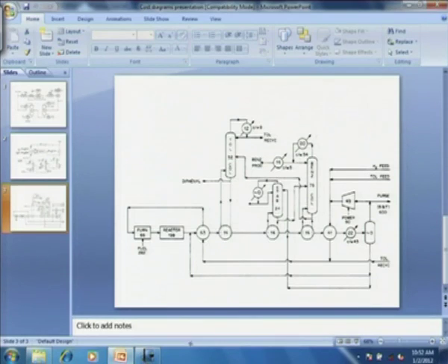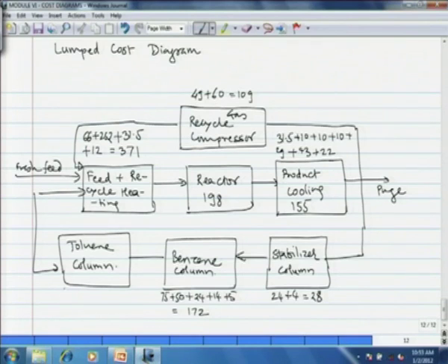And then finally the toluene column. Now the toluene column has $52,000 as the annualized capital cost plus $12,000 cost of the condenser. Cooling water for it is $8,000 and then $4,000 for the reboiler. So that cost we add together. So 52 plus 12 plus 8 plus 4. So this together makes out $76,000. So what we have now is a lumped cost diagram,